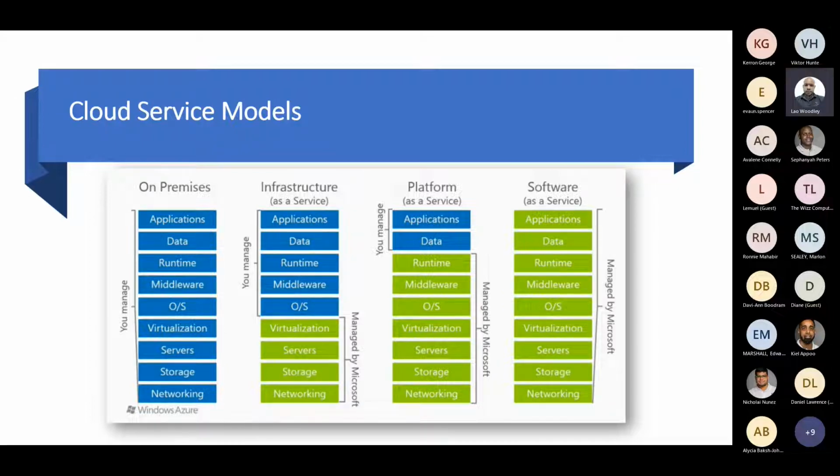So what is infrastructure as a service? Well, to be quite simple, it's the most basic and familiar of the cloud services. It basically offers the essential compute, storage, and networking on demand. We pay for these services as we need them, which in Azure terms we call pay as you go.